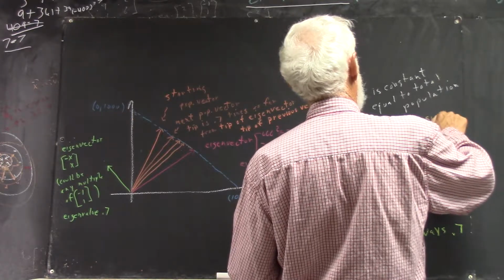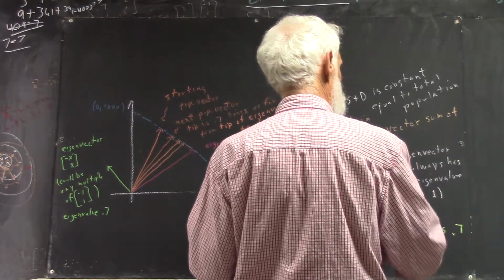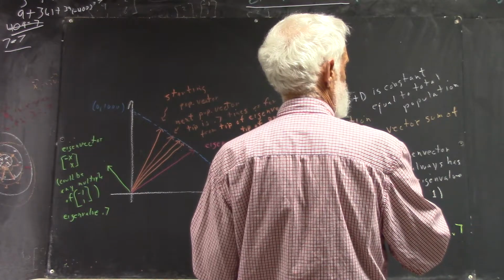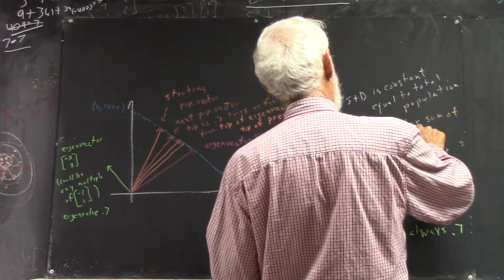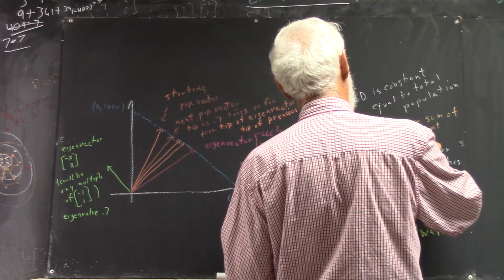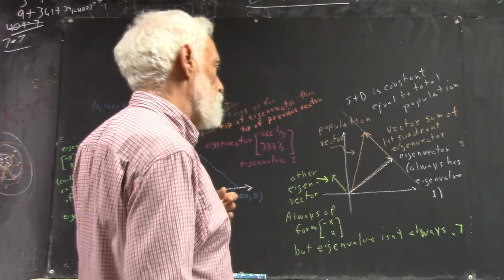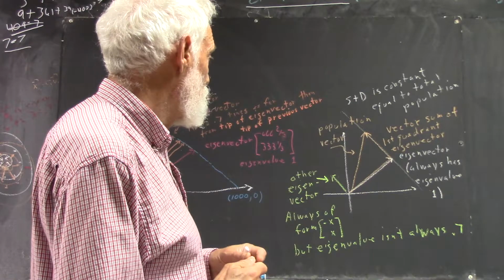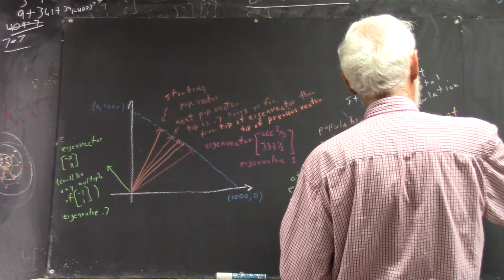It's called the vector sum of, and I didn't leave myself room to write my statement. And